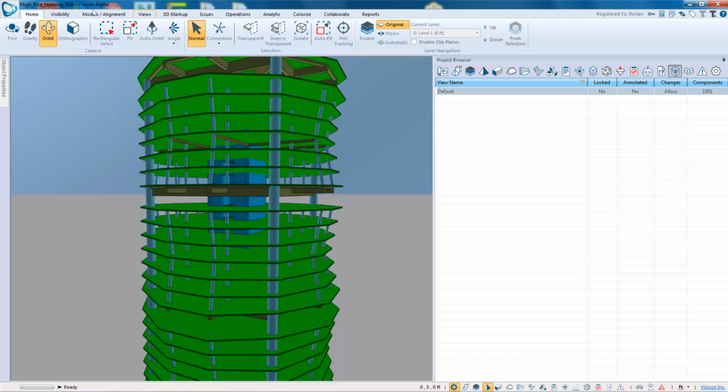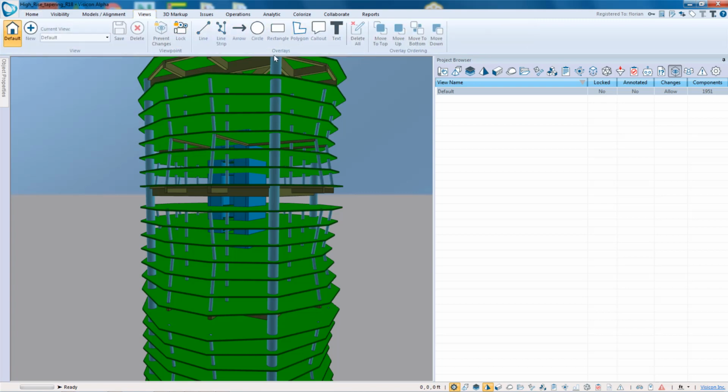So I go to the views. So all of our 2D markup, or what we call overlays, are accessible through this tab. So we'll start, and let's say we want to add some text. So we'll insert the text on top. I double click the text, and I can come in and let's say call this high-rise tower revision A. I can come in here and expand the text box, and anything that you define as an overlay